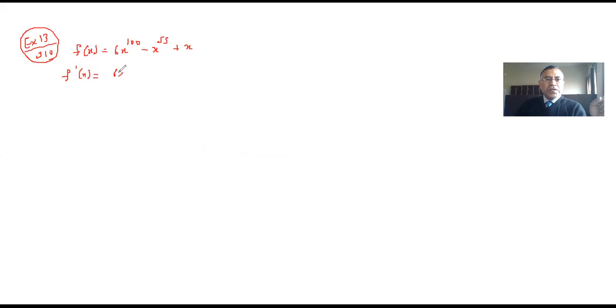So this is 6 into 100 x raised to power 99, 55 x raised to power 54 plus 1, 600 minus